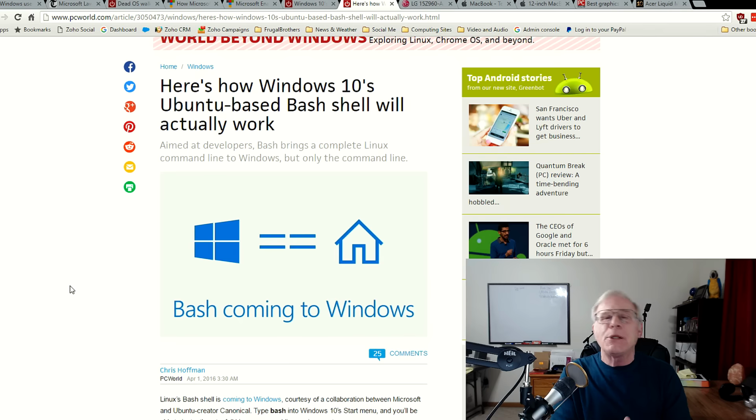And this is a big, big deal because Microsoft is obviously acknowledging the power of getting Linux developers to be using Windows machines and still feel very, very comfortable. Now, this is strictly going to be a command line version of Linux, so keep that in mind. But it's no big stretch of imagination to say that somebody will figure out how to eventually run graphical Linux applications in this environment. As a matter of fact,